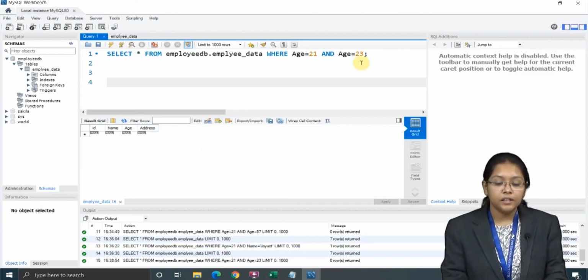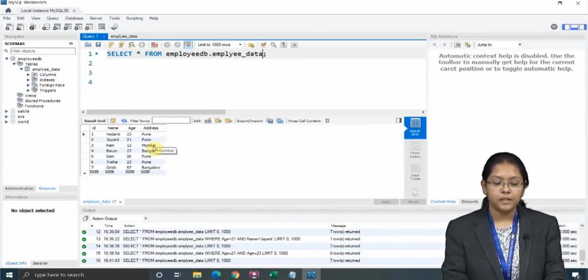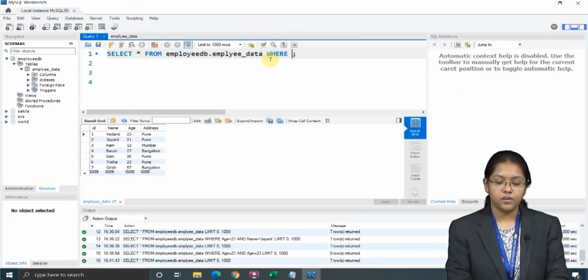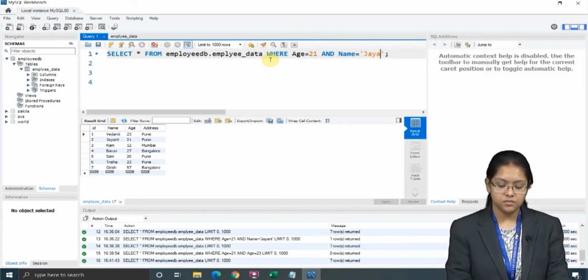Now here again I will just remove this and I will check the data. Here you can see the age is 21 where the name is Jayant. So I will write where age is equal to 21 and name is equal to Jayant, in quotes because it is a varchar.